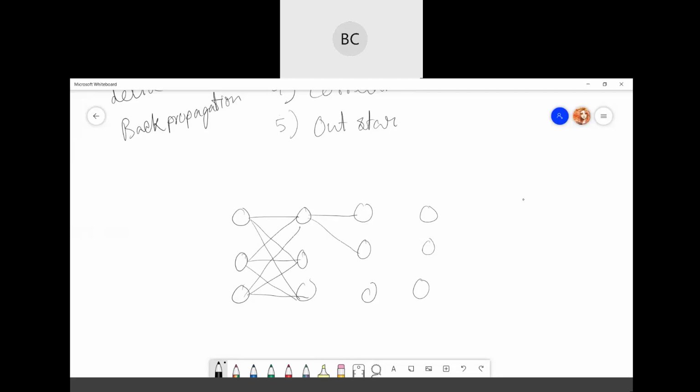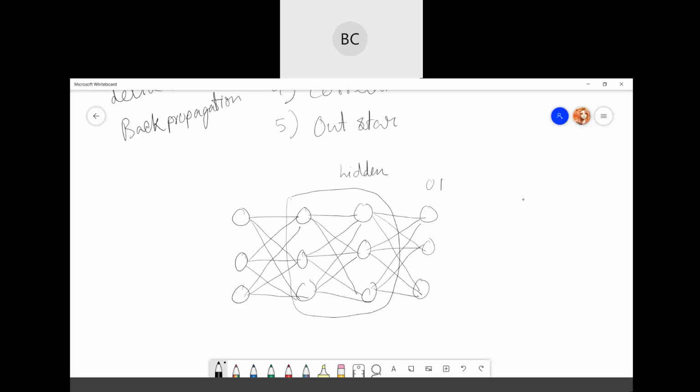These are your hidden layers, and this is your output layer. There are two hidden layers.